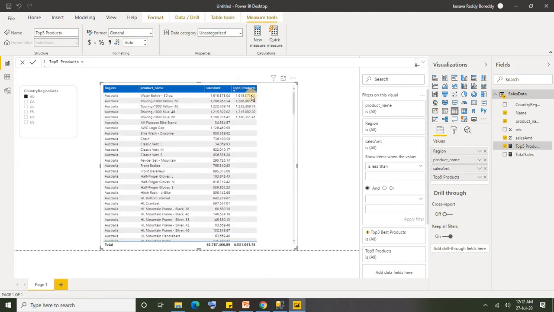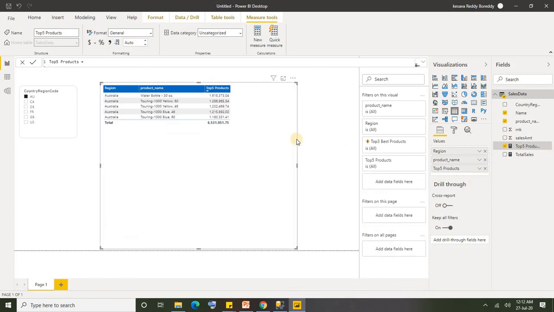Now I could see the top 5 product sales and respective product names under the given country region. But I have blank values for the rest of the products for the same region because we have added sales amount here. So let me take off sales amount so that it will pull only the top 5 products per each country region. Now I filtered with Australia region code AU.